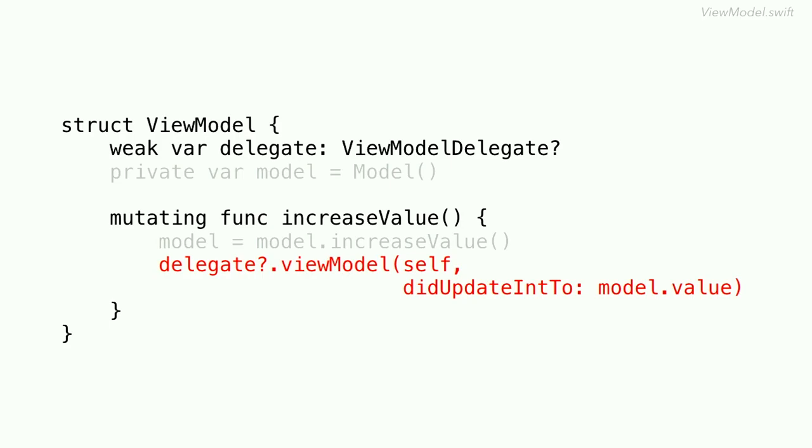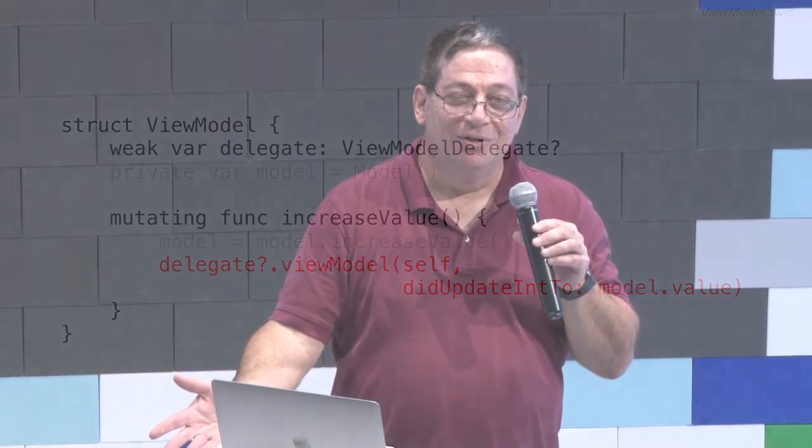And when I tell it to increase value, it says delegate question mark. What's the question mark there for? Don't you love this about Swift? You don't have to say, if it's nil, do this. If it's not nil, you're great. You just optional chain, and you get the right behavior, and we get our delegate pattern, and there it is